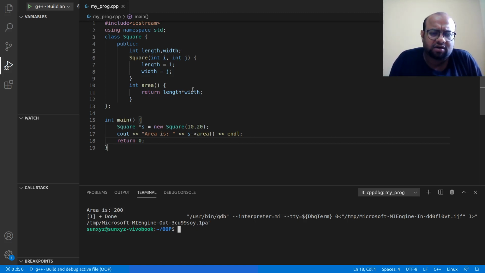Alright, so I have allocated, in line number 16, memory in heap. In line number 17 I have used this memory. Now I am done using this object. I don't need this object anymore. So I have to delete this object. So I have to be very careful that I do indeed delete whatever I have allocated. Okay.